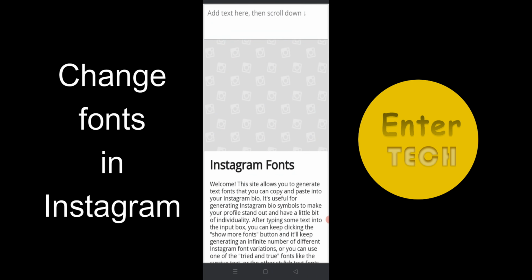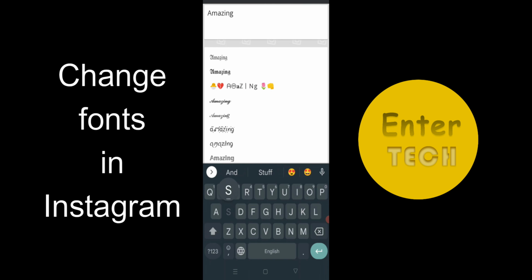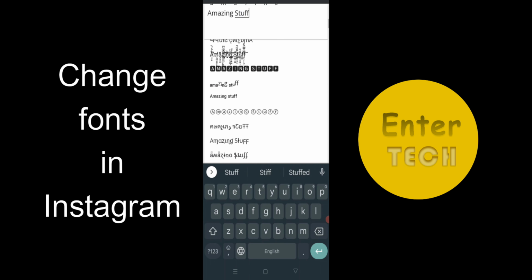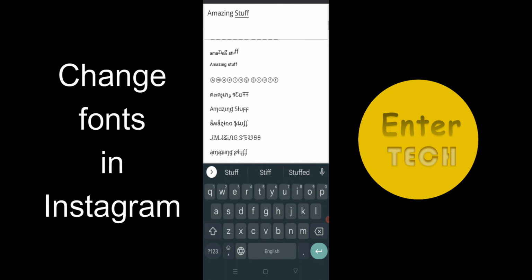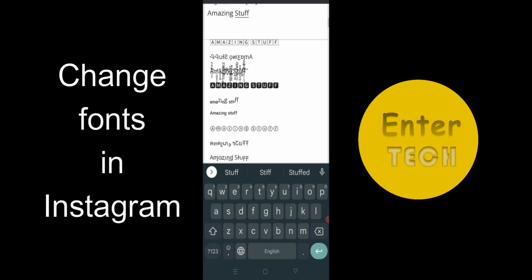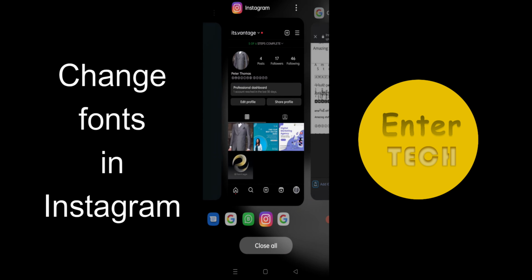where you can write your bio and name, etc., in your own style. So I will type here amazing stuff, and I will apply another style here. So I had copied this one, and now I am going to, you will see like this amazing stuff. So I will click here and drag here and will copy here, and then come to my Insta, and here